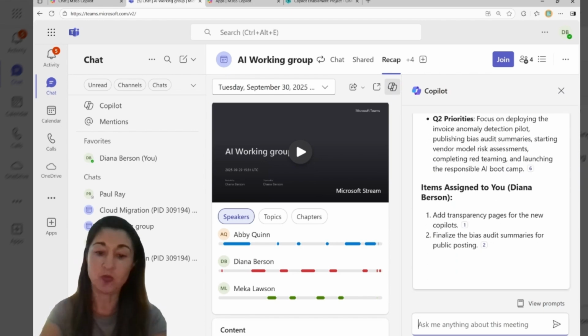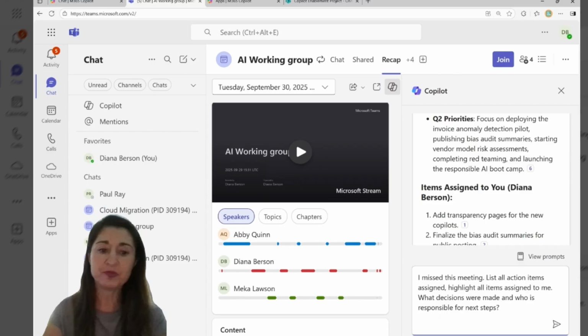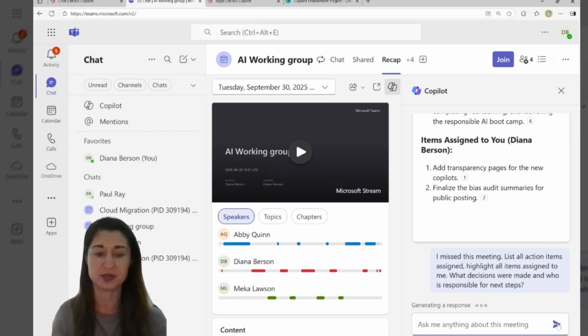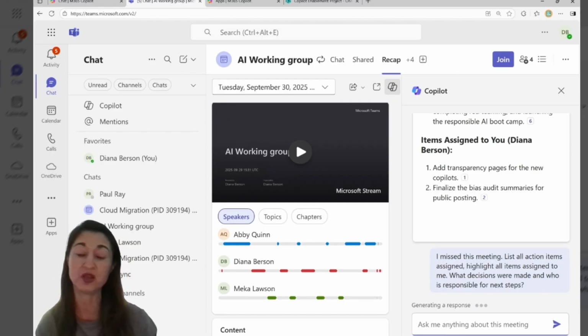And then ask Copilot, I missed this meeting. Help me catch up. List all action items assigned to me. Highlight the ones that are assigned to me, what decisions were made, and who's responsible for the next steps. So now, without having to watch the recording, I'm going to use Copilot to figure out what are my action items and next steps. If you have a meeting that was recorded that you may have missed, go ahead and